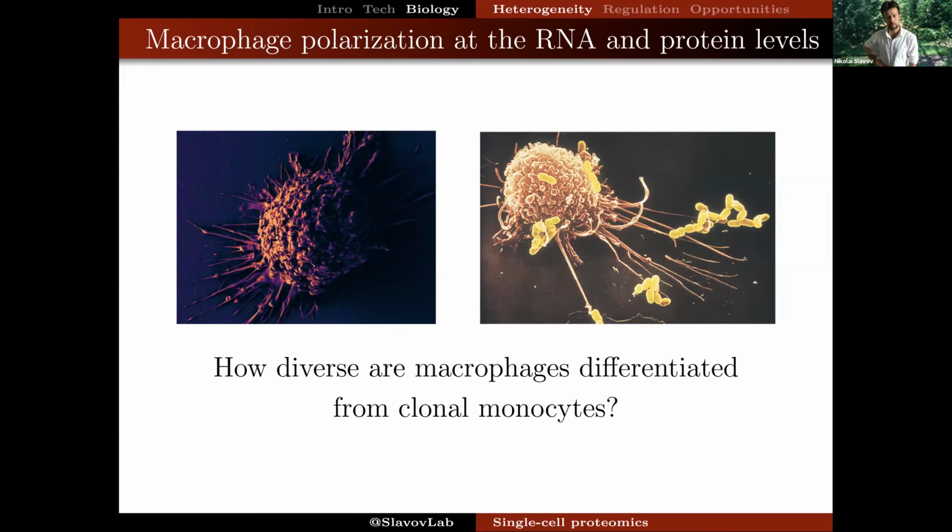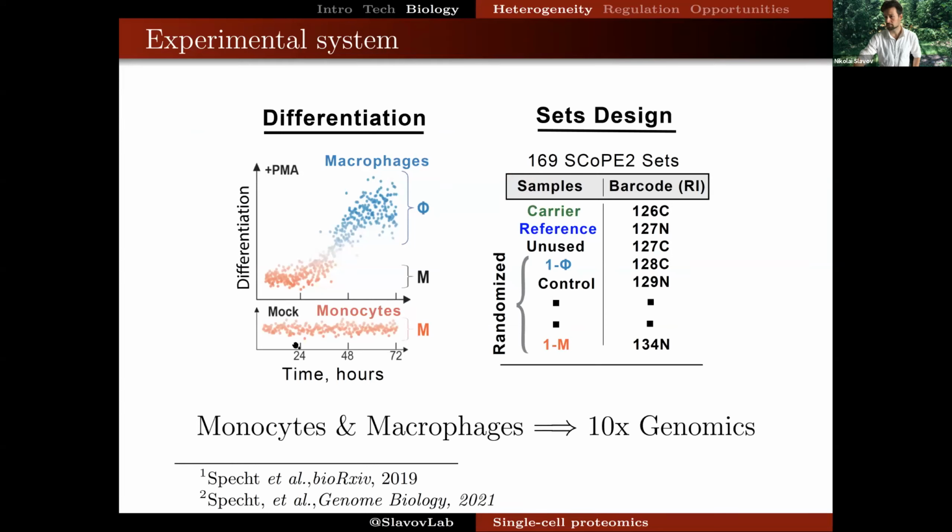And in this particular case, we were interested to explore the heterogeneity that might emerge as isogenic clonal population of monocytes differentiate into macrophages. And of course, macrophages are a very, very diverse cell type of the innate immune system. So we were interested to see if heterogeneity in those cells might emerge even in the absence of polarizing cytokines. And as we did this experiment, we also wanted to compare the results from doing single cell protein analysis to doing RNA analysis with a popular platform, 10x Genomics.